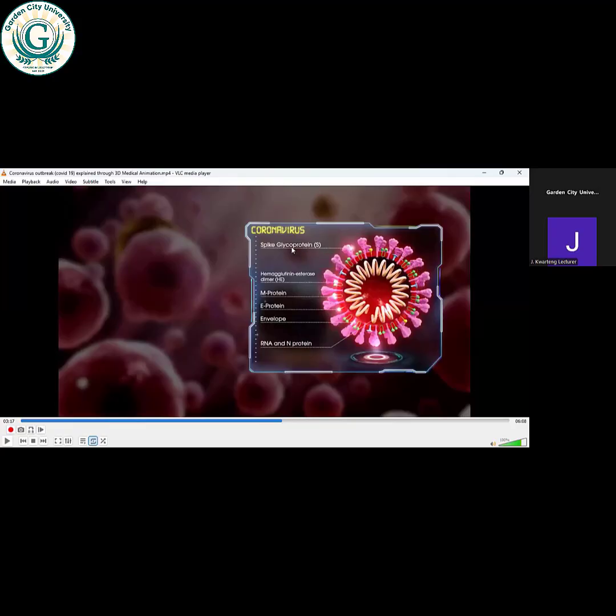And one of the envelope proteins is what? It's a glycoprotein. Can you see that? Glycoprotein is what? It's a protein that is bound to what? A carbohydrate. And this is why I was saying that carbohydrates are important as structural components of various organisms, including viruses. Are you okay? Now let's fast forward.